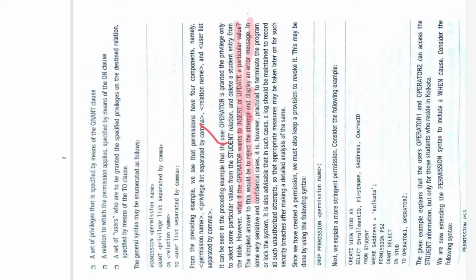Many times you are able to see this message whenever you are using any kind of online application. Suppose you are trying to access something that is not permitted for a normal user, then a pop-up message appears. That is the error message saying you are not authorized to access that particular page. So in the database, these kinds of access control measures are being implemented. That is the meaning. So this is the discretionary access control measure, right?